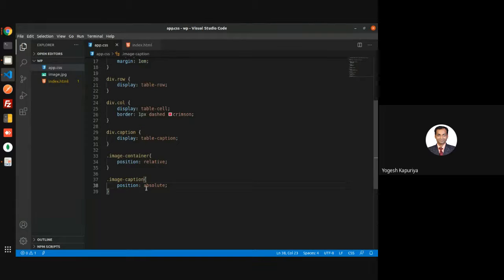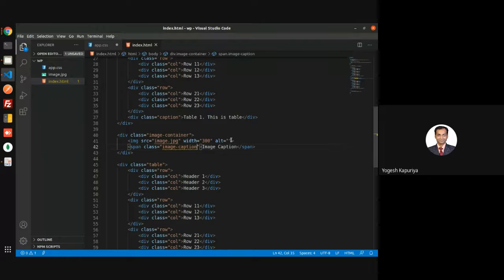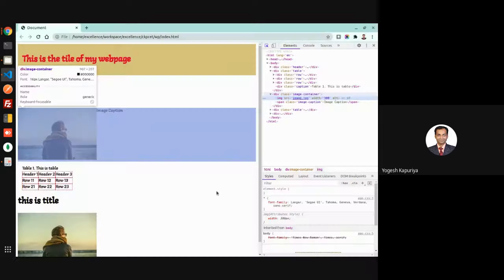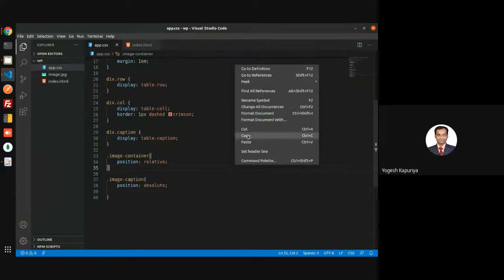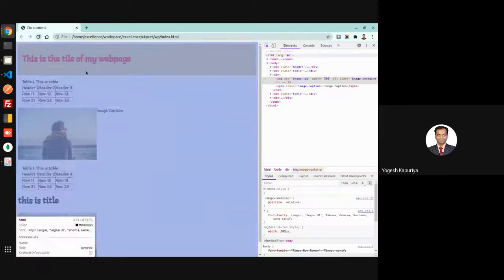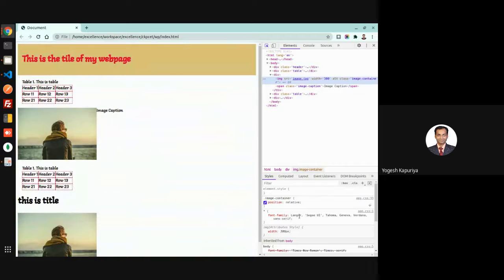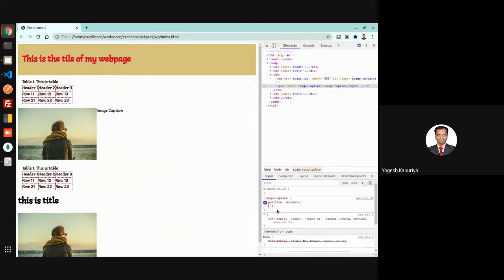So for that, I think your image should be image container. Okay. Now what I want is this particular element should be placed.